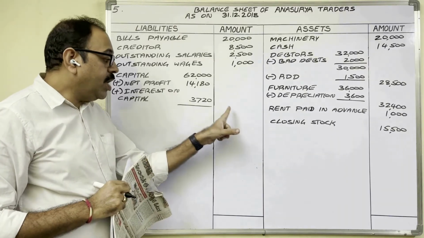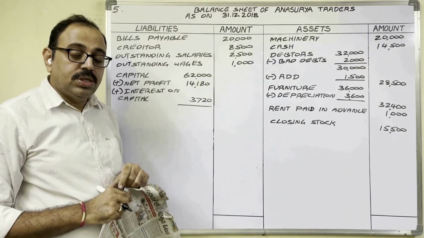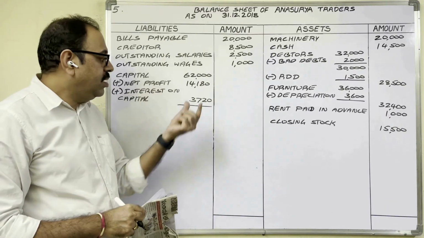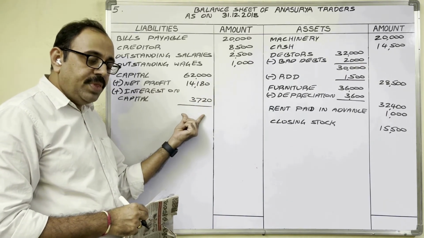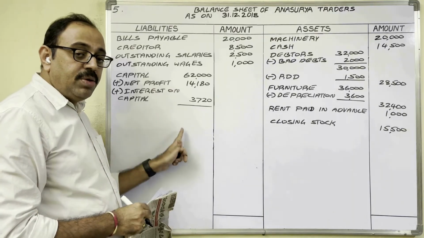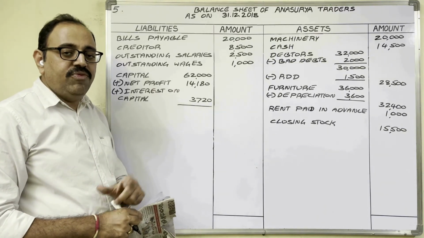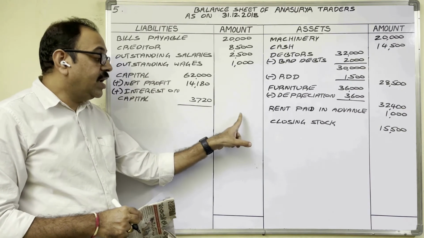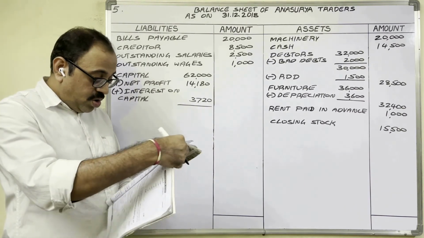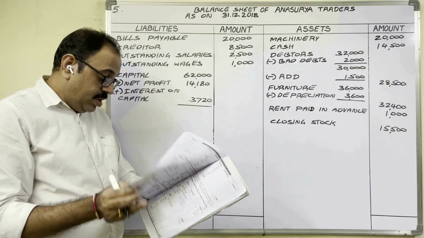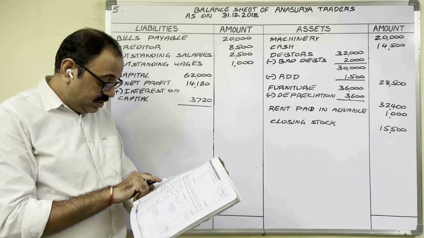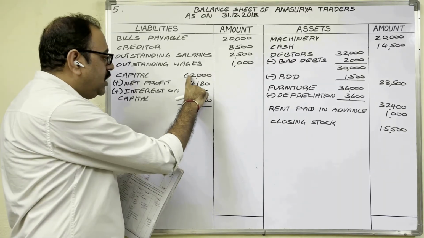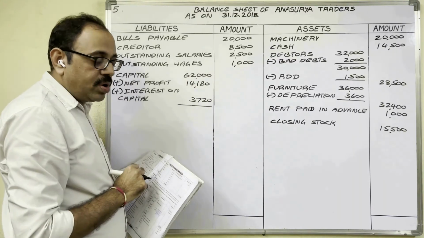Total in inner column or outer column, where we have to write. Suppose drawings are also given in the question. Then write down the total in inner column, subtract drawings, remaining amount in outer column. If drawings are not given in the question, then these three amounts total directly in outer column we can write. Drawings will be given in debit column of trial balance. Drawings are not given in this problem. Therefore, these three amounts total we can write in outer column.